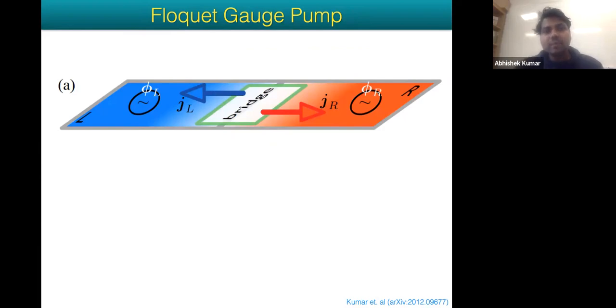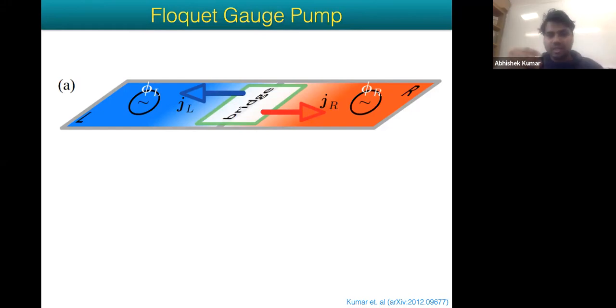Okay, so now I will talk about the Floquet gauge pump. The Floquet gauge pump is an idea where we consider one system, and then we drive the system on the left side and right side differently. Then that drive can create a bias within the system, and it now becomes equivalent to our original gauge pump idea. But obviously, the whole system has become